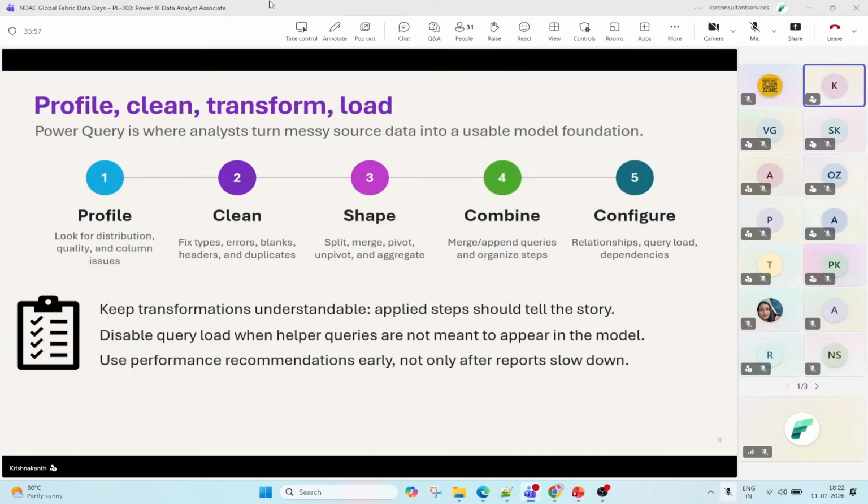Moving on to the next. As we approach the Power Query engine, from the View tab we have to enable the column profile and the column distribution. Column profile basically says how good the column quality is, whether it has any errors or any empty values. From the column distribution, you can see how many are unique, how many are distinct, how many are nulls. You can see these statistics at the column level, so that you can understand how your data quality and column quality is.